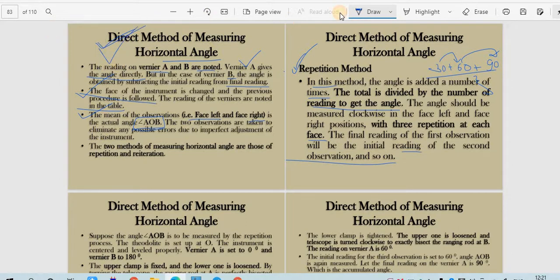Okay. The next method which is involved in your horizontal angle is called the repetition method. In this method, what you have to do is measure the same angle a number of times. Suppose this is the angle you are measuring, and the value is coming out to be 30. Again you will have to bring this 30 over here and measure the angle. This will give you the angle 60. Again you will have to measure this angle, suppose this is 60 over here and this is 90.